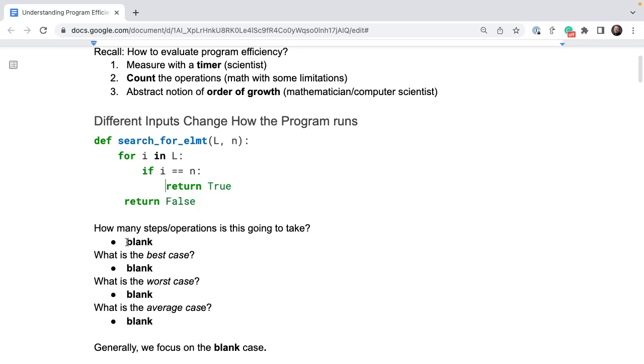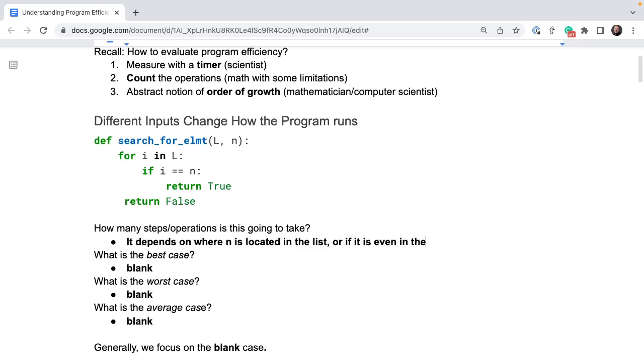I heard a couple of the right things. So let's see, how many steps or operations is this going to take? Who wants to take a shot at that one? Anna? If n is in L, it'll be the index of n, plus 1 for that return true. So you could even see your question: how many steps is it going to take? It depends, and you said this, on where n is located in the list, or if it is